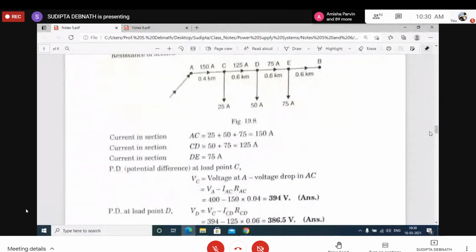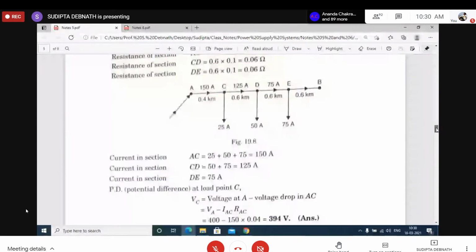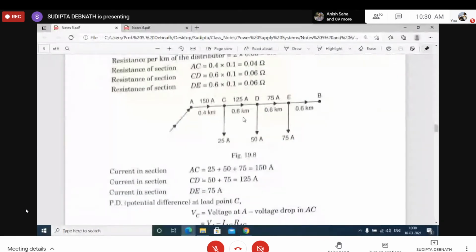Okay. So very simple problem. The only chance of mistake is here. You have to consider the resistance of both the wires. And you have to definitely draw the single line diagram. For you also it will become very easy to solve the problem, and also you won't get full marks if you don't draw the figure and don't show the current loading in different sections or whatever data is provided in the problem. You have to show it in the figure.